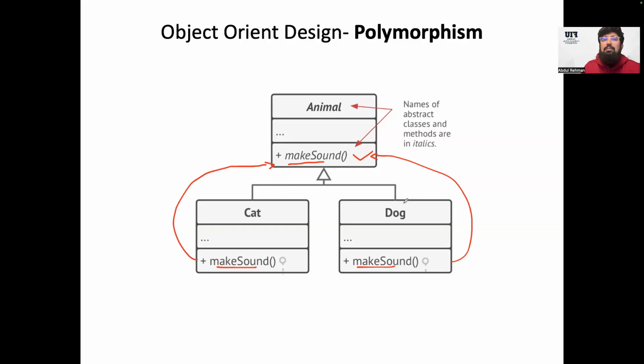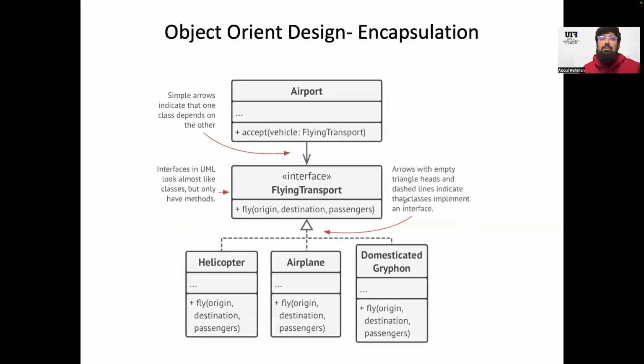Right at the moment, you just need to understand that polymorphism is an object-oriented concept which says that one object may have different representations at different places, or one class may have different representations at different places. How we will be developing that is a matter for the further weeks of this course. So let's talk about encapsulation.